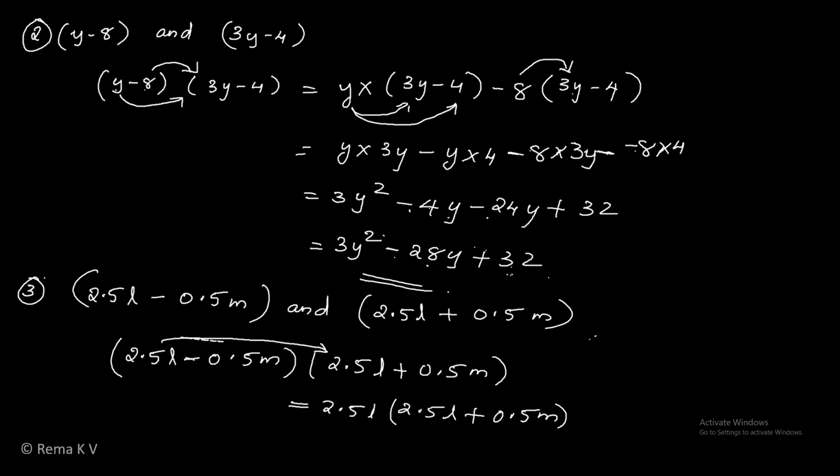Then this minus sign, minus 0.5 m into 2.5 L plus 0.5 m. First term into the second expression minus second term into the second expression. This is equal to,